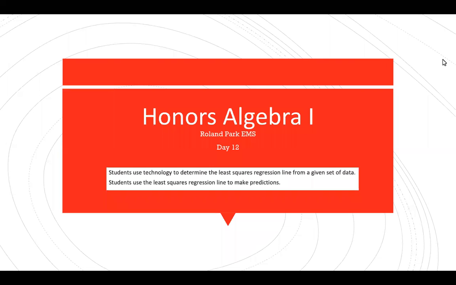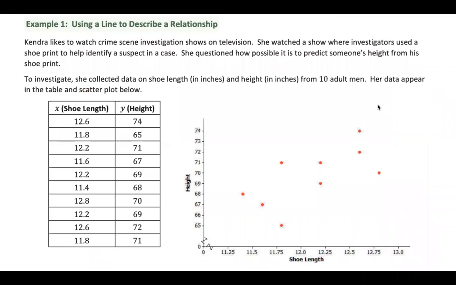All right, so again, we are continuing to talk about scatter plots and statistical analysis. Today it says students use technology to determine the least squares regression line from a given set of data. And then we're going to use that regression line to make some predictions. So to take us back to where we were on Tuesday, if we look at this, we were talking about